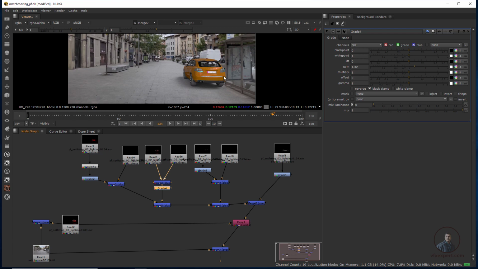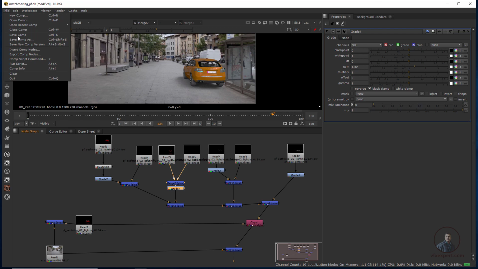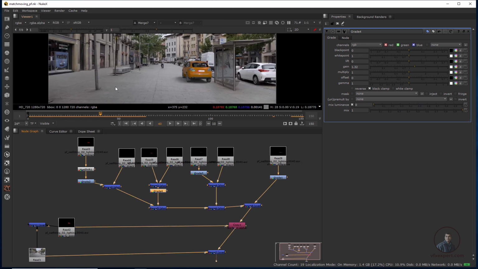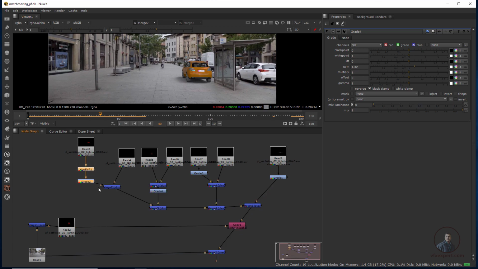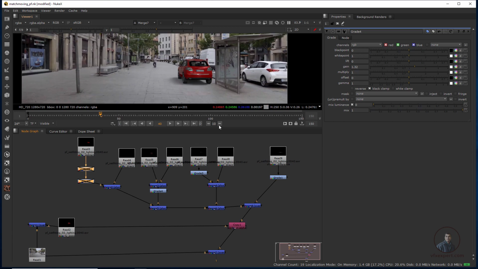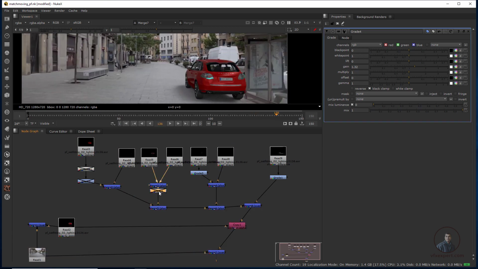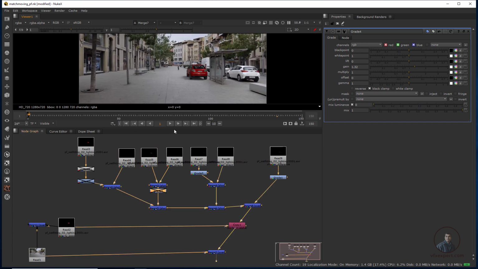Okay, so till here we have successfully composed all our render passes according to our scene. Remaining things you can adjust according to your scene and your requirements. Okay, so now simply save our final scene. Now finally, if you want your original color car, then simply select these nodes and press D for disable. So now finally this is our original car. After this, you can also press D to disable our grade node. So now just play and check.